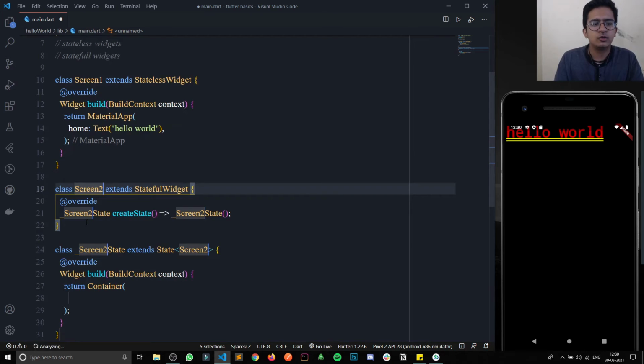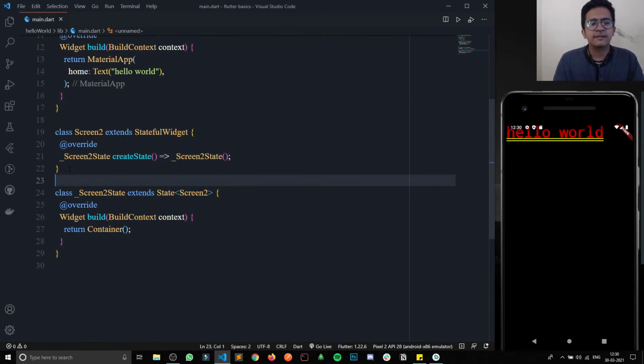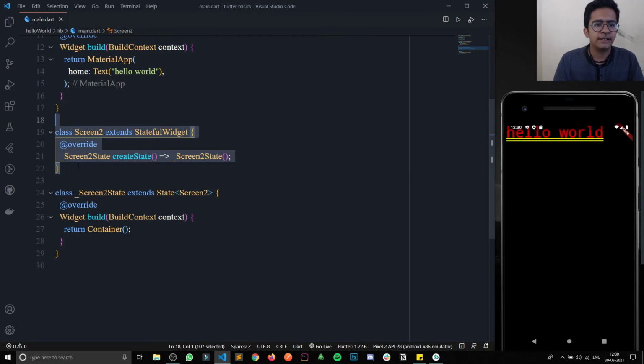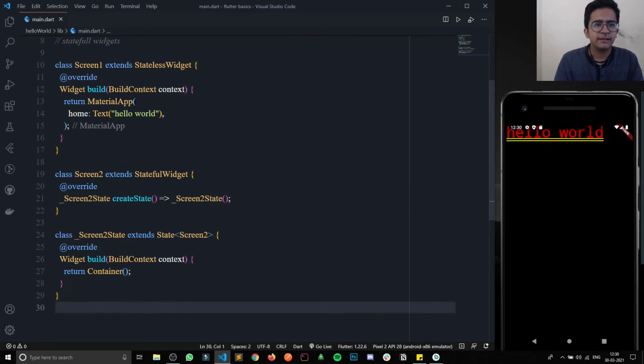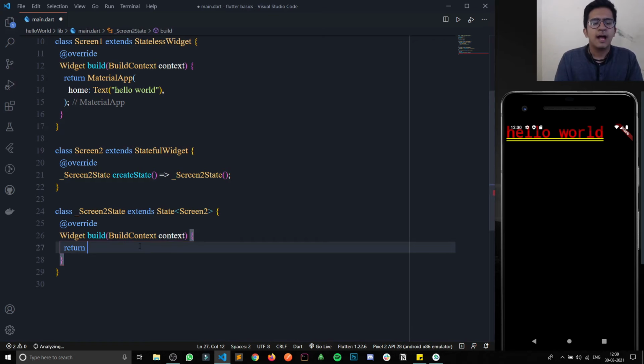Let's say Screen2. For the stateful widget, two classes will be created and auto inherited. You just have to write the code where the build function is, the second class basically. In the stateless there will be only one class.